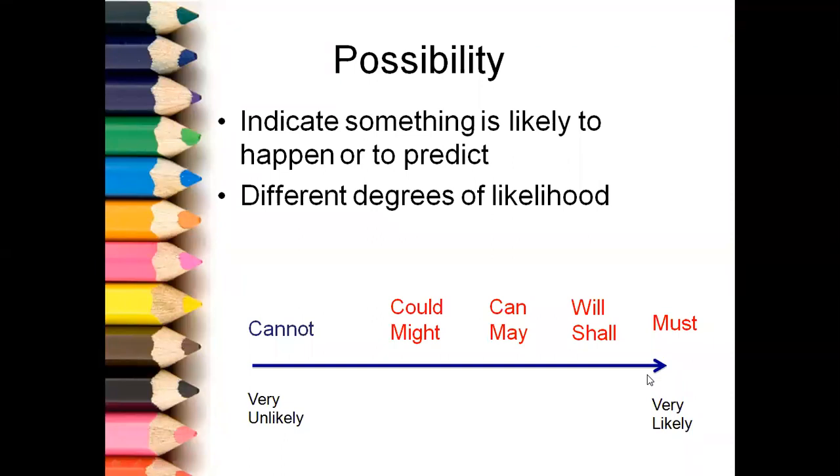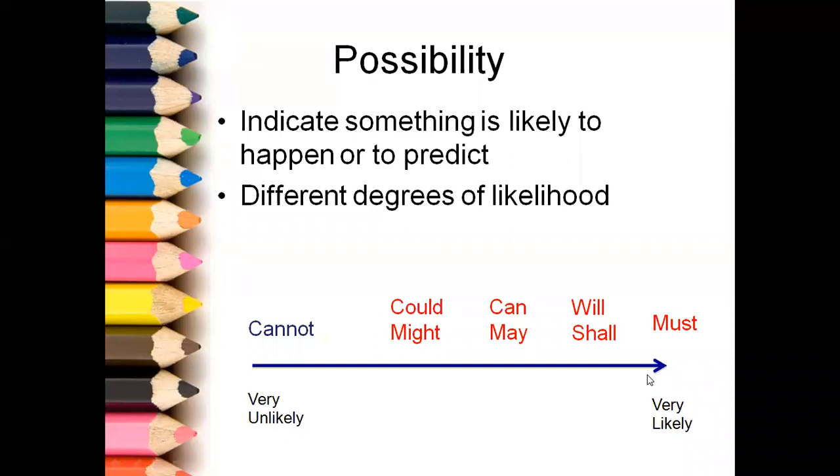If I ask you, where is your friend? You may say, ma'am, he must be sleeping at home. If I ask you, where is that close friend of yours? I don't find him in the Zoom meeting. Then you are very, very 100% sure. Possibility, but 100% sure. Then you will say, ma'am, he must be sleeping. He must be nicely sleeping at home. So must is used for 100% likely, cannot is used for 100% very unlikely.